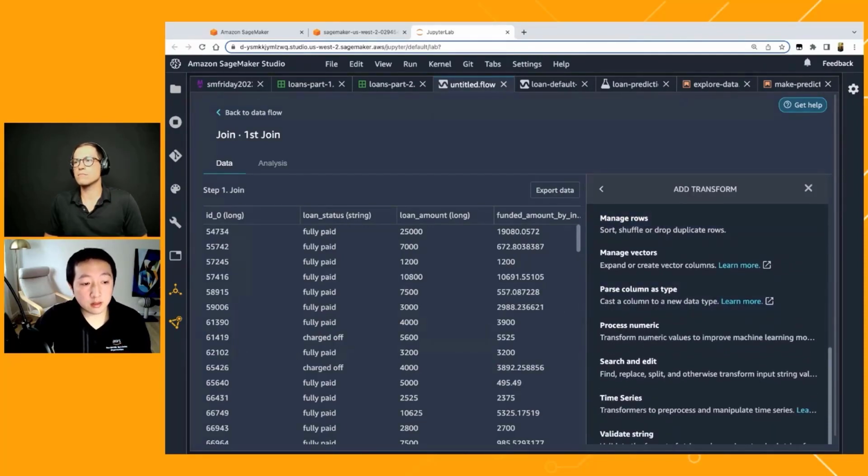It also supports various types of data: time series data, numerical data, categorical data, and also text data. These are the four main types of data that Data Wrangler supports and can process.